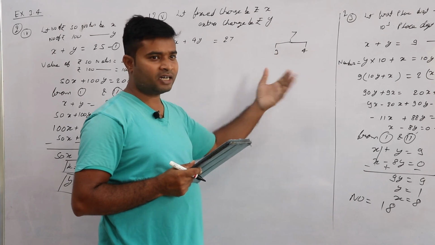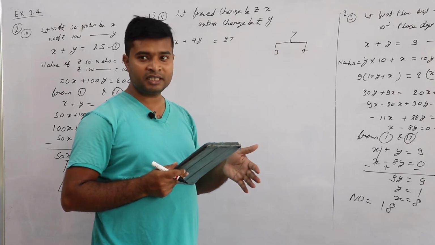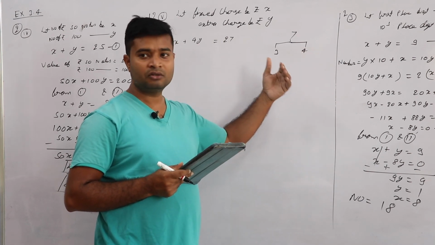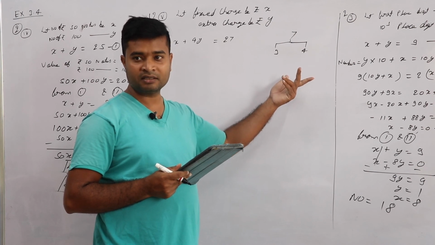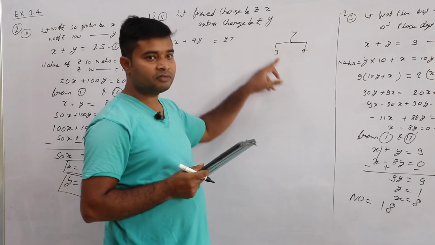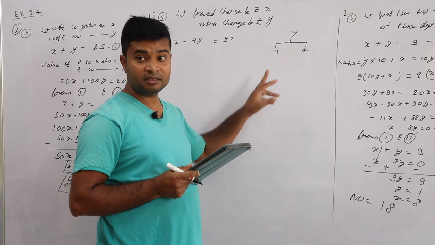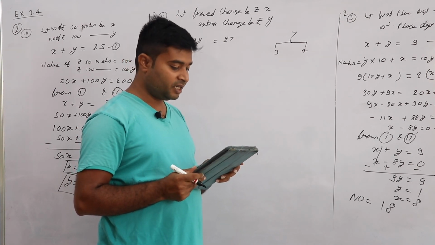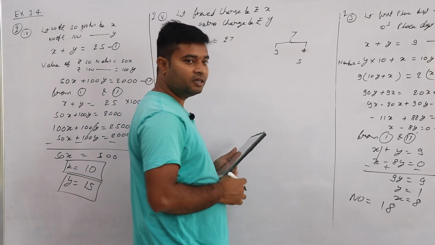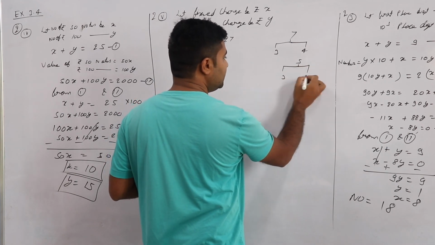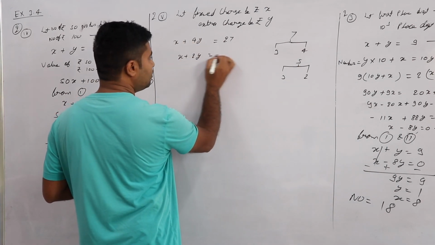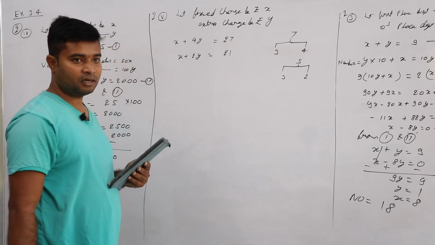Like if 1 day's cost is 5 rupees, then 5 into 4. So here it is y, so 4 into y, and for 3 days the charge is fixed only. Yes or no? Next person kept it for 5 days, divided into two parts, 3 and 2, because the first 3 days are the same. So x plus 2y is 21.